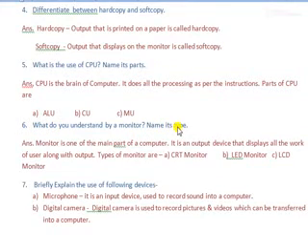So as we know that monitor is one of the main parts, that's why we have written here monitor is one of the main parts of computer, and it is also an output device, right? So that's why we have written it is an output device that displays all the work of user.